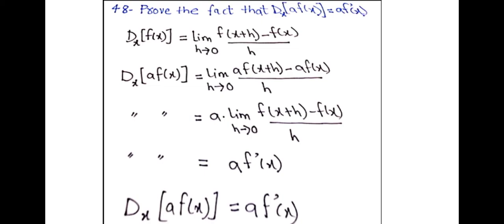Then we have a simple proof that the derivative of a function having a constant term is equal to the constant times the derivative of that function. How are we going to prove that? You can see here, similarly, we find the derivative of that function by applying the limit as h approaches 0. When we write the constant term here, this is the simple rule that the constant comes in the front, and here we take the derivative of that function. So this constant comes in the front, and the derivative of the function. So the derivative of a constant times a function is equal to the constant times the derivative of the function basically.